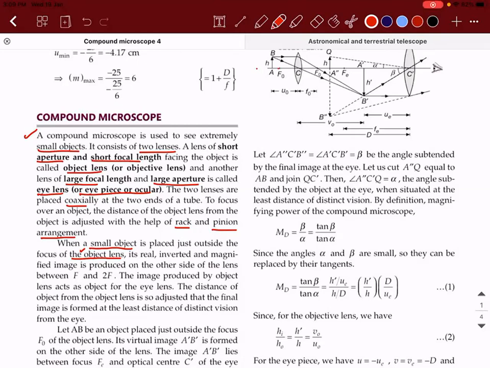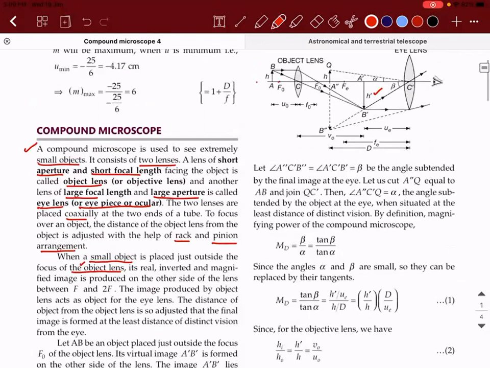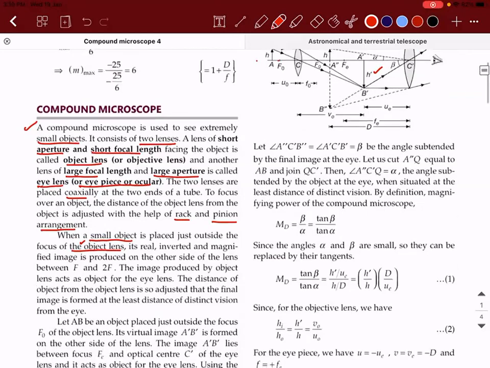It is going to form a real, inverted and magnified image on the other side of the lens, which is produced between the focus and the center of curvature, F1 to F. Now, the image produced by the objective lens acts as an object for the